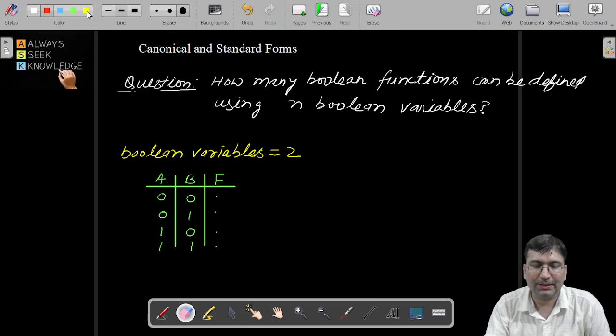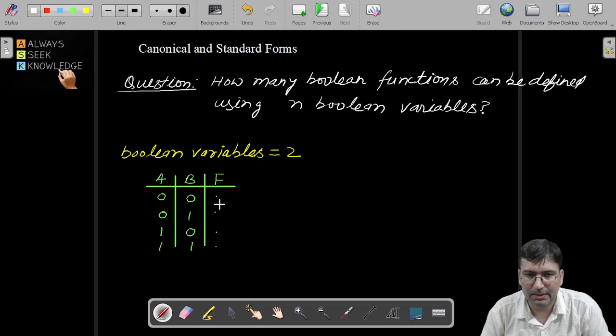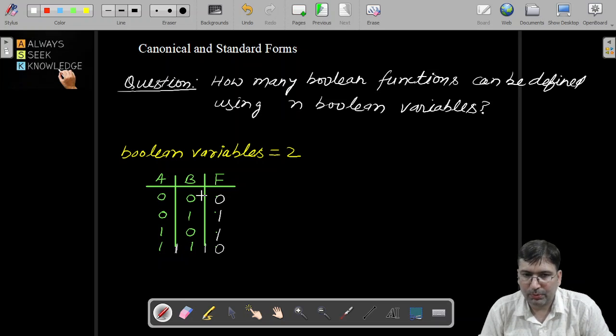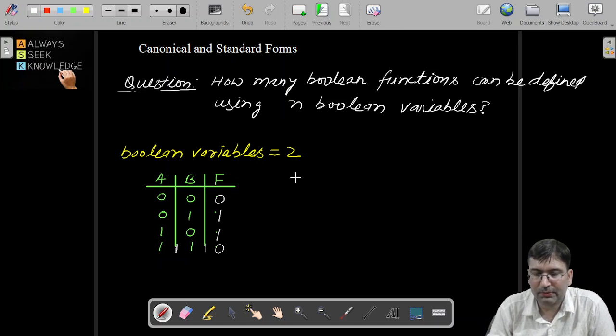Now let's take one example. So I'm taking one example. The values I'm taking, let's say this is 0, this is 1, this is 1, and let's say this is 0. Okay, this is one possible Boolean function which I am defining. Because there are two Boolean variables, the function f